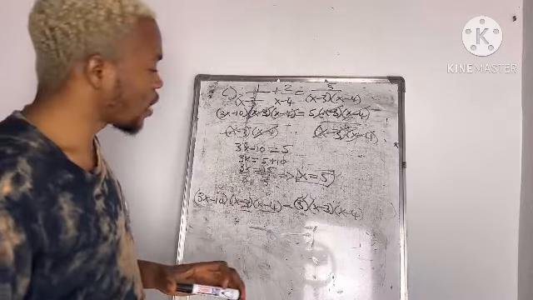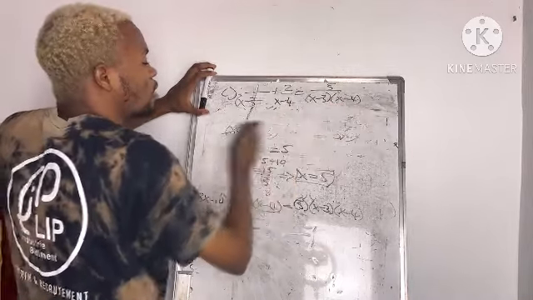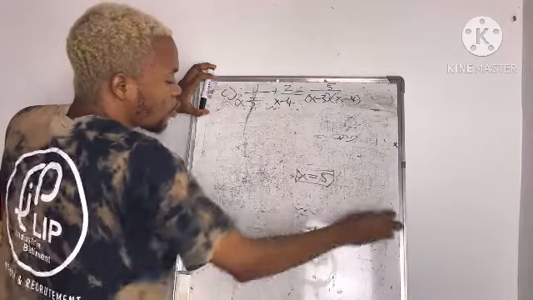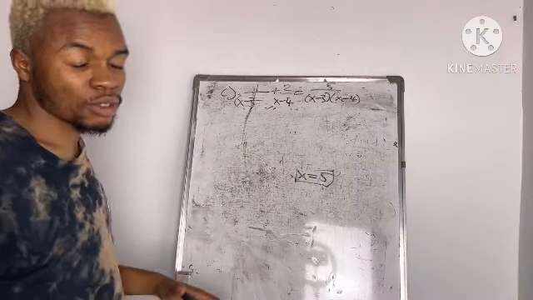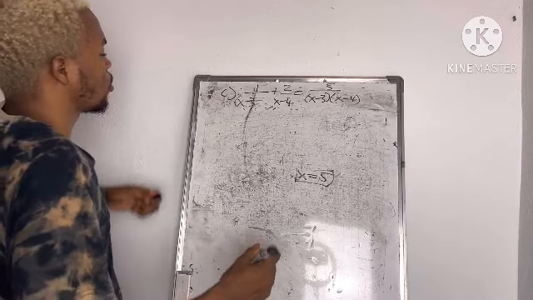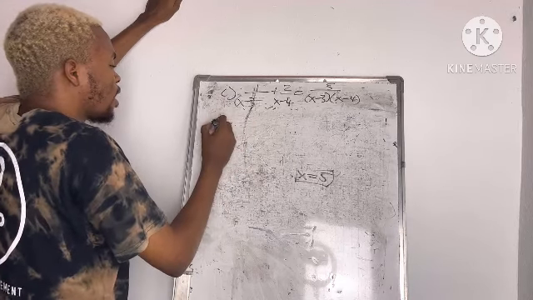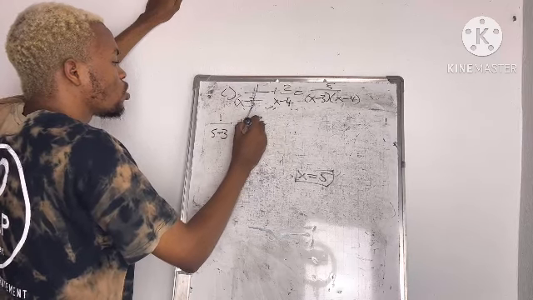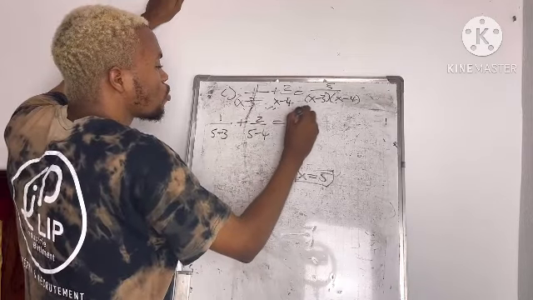So now we're having our value of x to be 5. Now we have to verify to see if our value of x, which is 5, is correct. Okay, so we then say 1 divided by x, there x is 5. 5 minus 3 plus 2 into 5 minus 4 is equal to 5 into